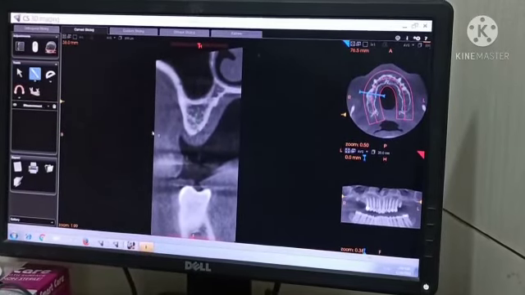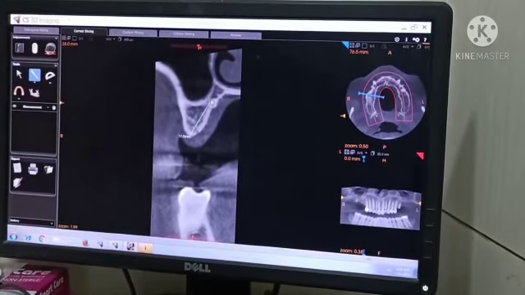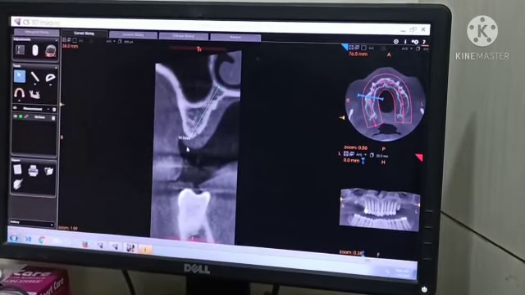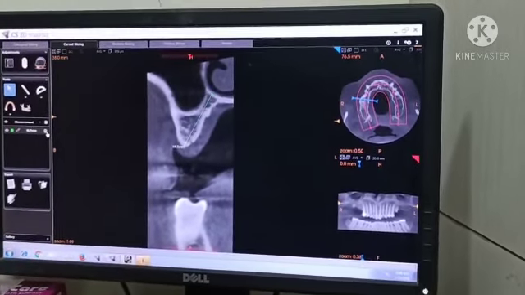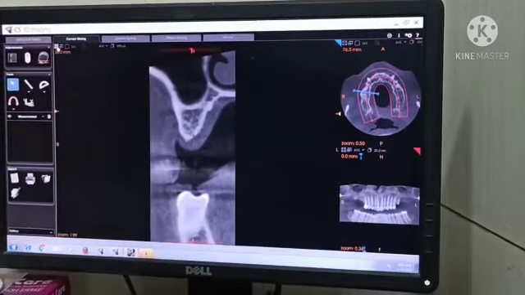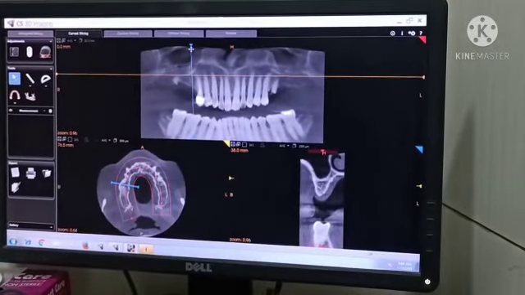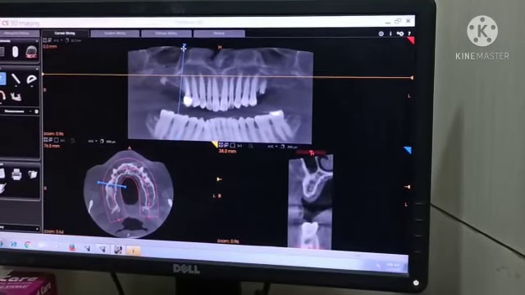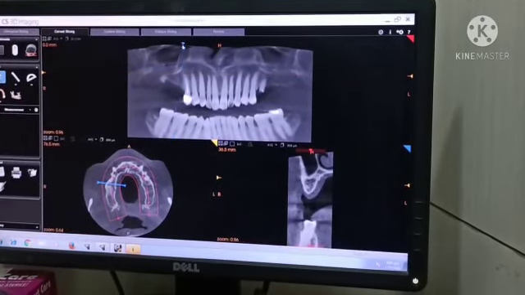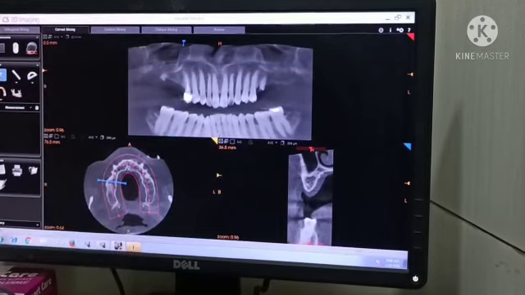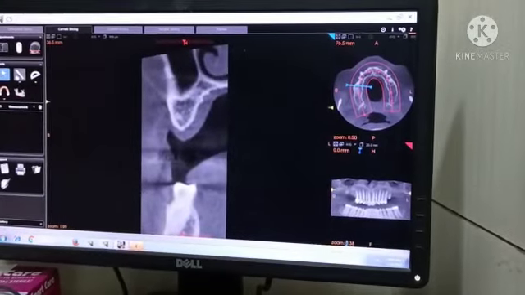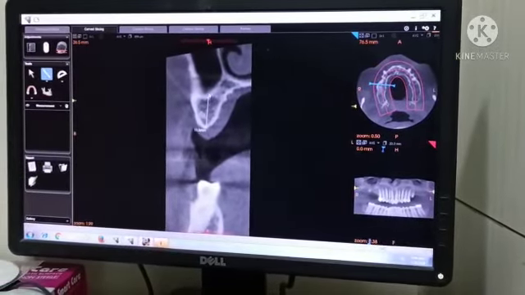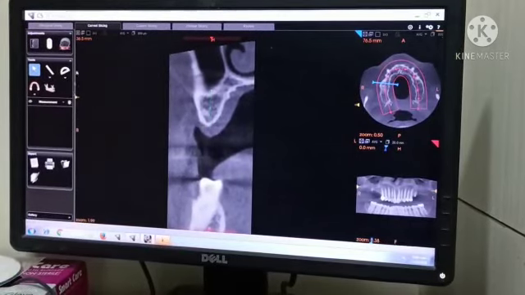If you try something different, you can go in this direction, right? But that is not needed. Here we have enough length. So now I am trying slightly mesially tilted, right? As you told, we will give a mesial angulation. Mesial angulation, not much difference. It is around the same, 12 mm.